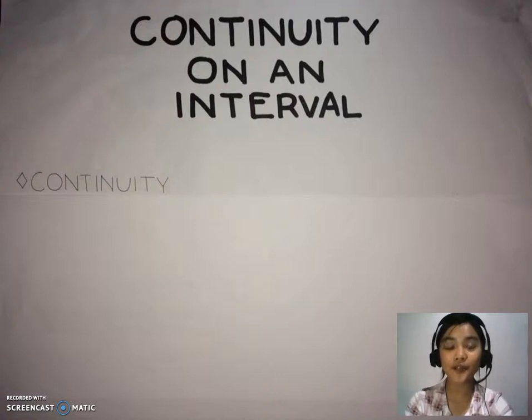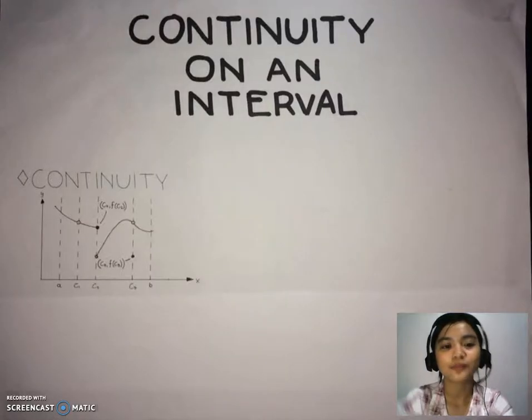To say that a function is continuous where x is equal to c, there must be no interruption in the graph of f at c. The graph of f must be unbroken at c, and there must be no holes, no jumps, or gaps. Consider the function that is shown below. So in this figure,